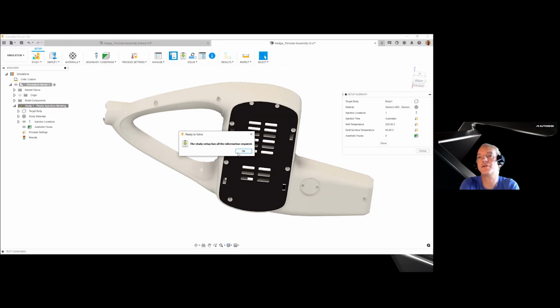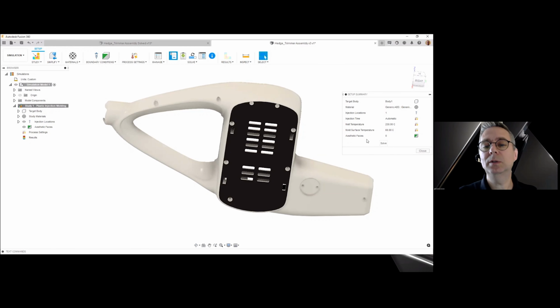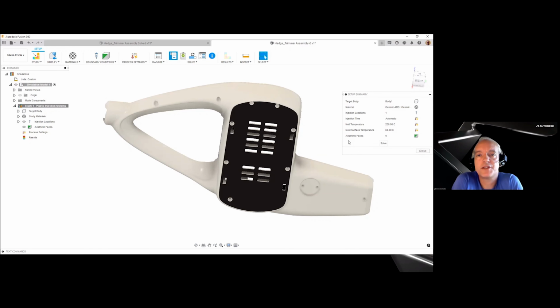So we picked a default material for you, which may not be the material that you're using. In many cases, we don't even know exactly what material you're going to use, or where the injection point is going to be. But we're trying to get you to a point where you can already discover some limitations in the design, which do not require things to be 100% accurate at this point. Nice. And like you said, when you do know better, when you have a better injection location and you know what material you're going to be using, you can make those changes pretty easily.